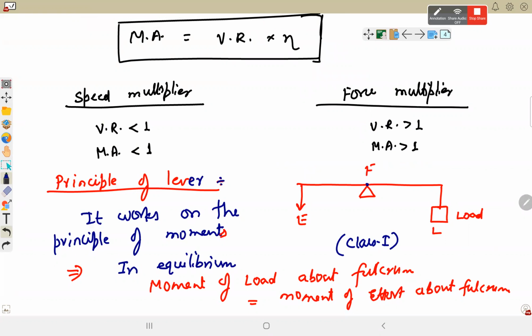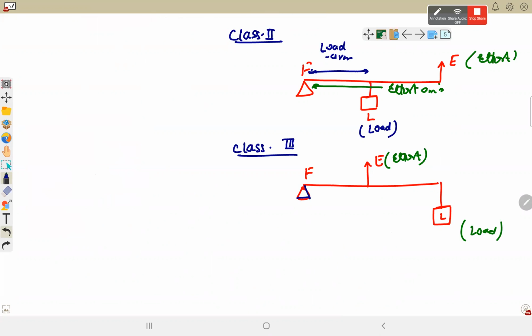So in all the cases, the distance between effort and fulcrum will be called effort arm. So EF is the effort arm. The distance between load and fulcrum, LF, will be called load arm. So the moment of load must be overcome by the moment of effort applied. The formula for moment was force into perpendicular distance. So we can say that